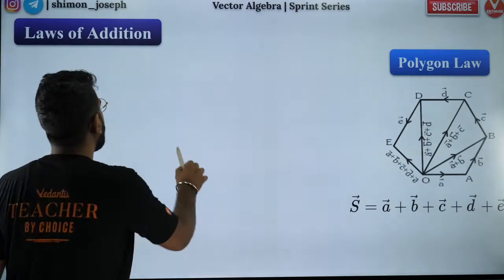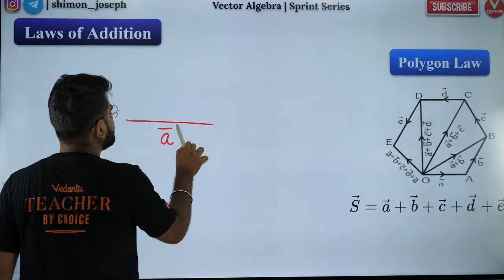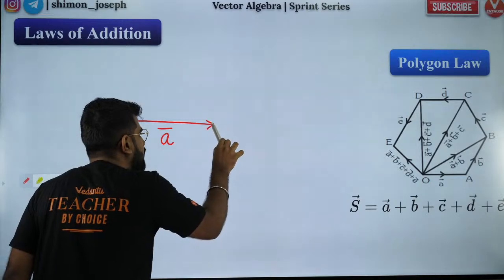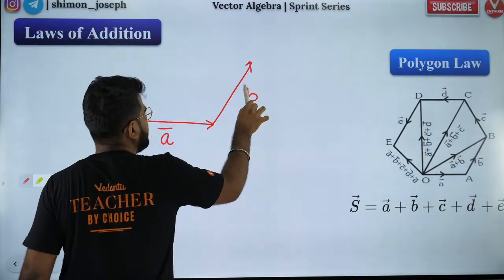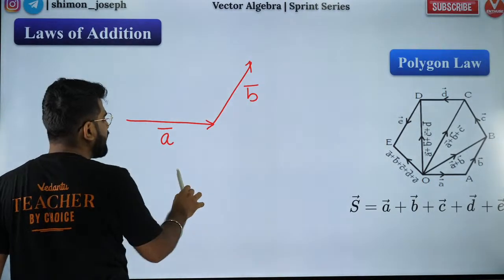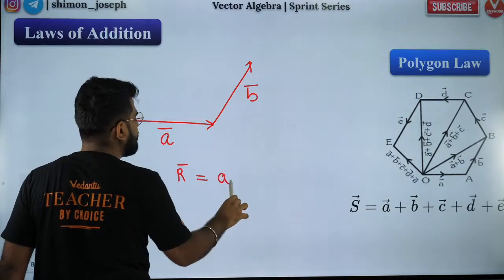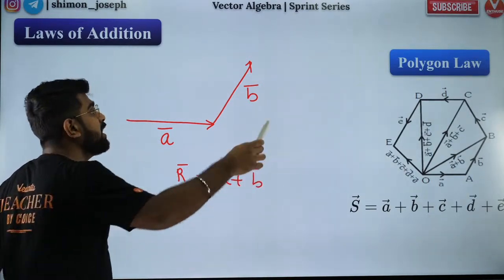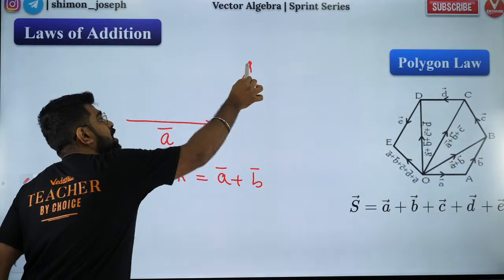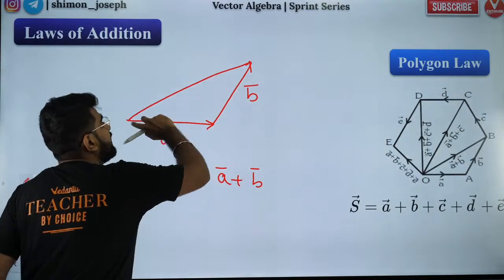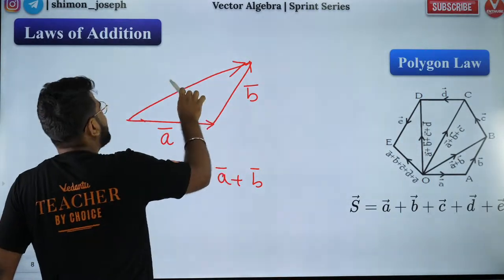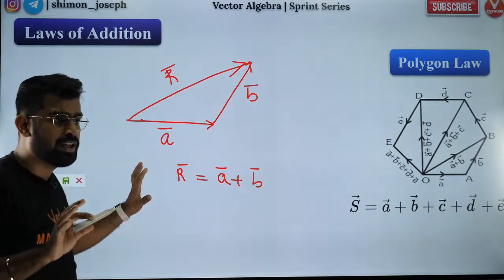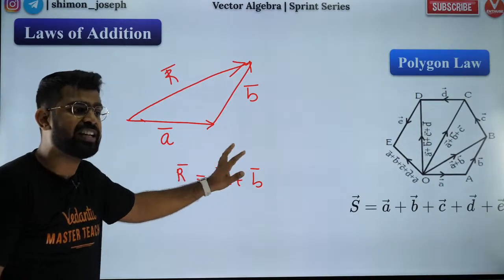So the triangle law, what did I say? If you have two vectors, A, and wherever A completes, there I start B, then the resultant means what? Resultant means A plus B. So that vector, my dear boys and girls, will be completing this triangle, completing this triangle but in the opposite direction. So that is my resultant. Did you all like it? So that is your triangle law of vector addition.